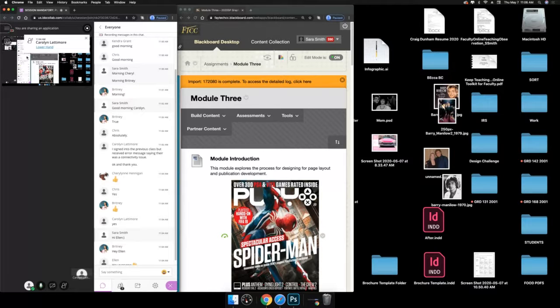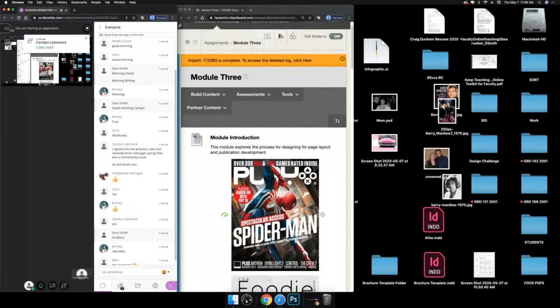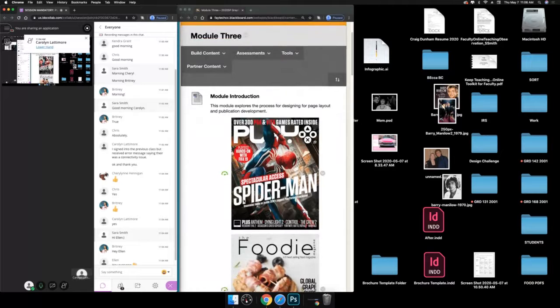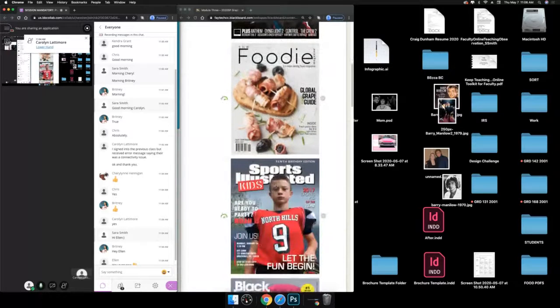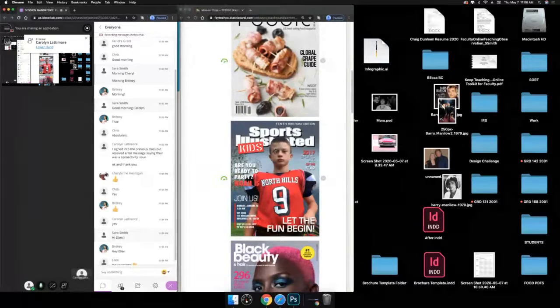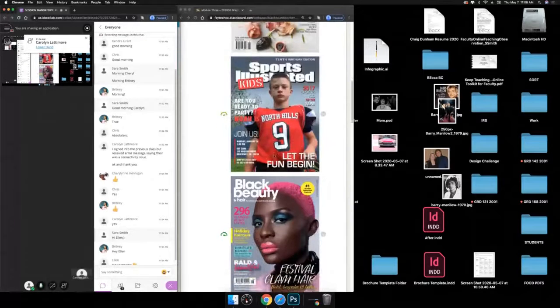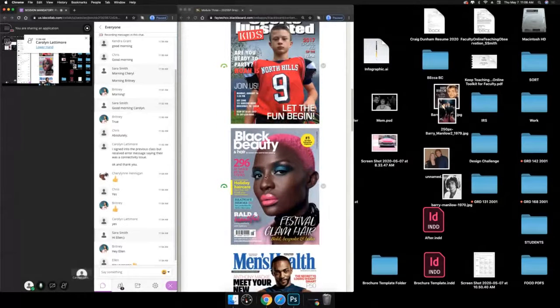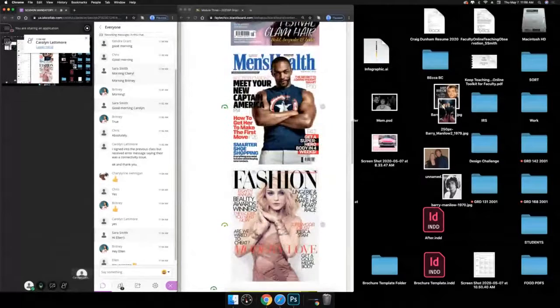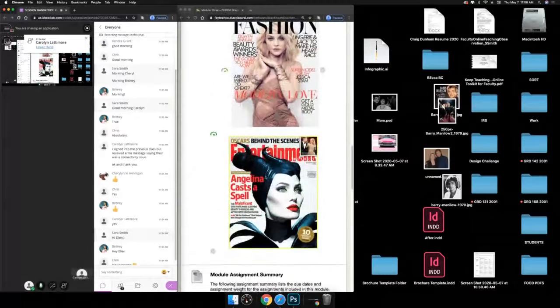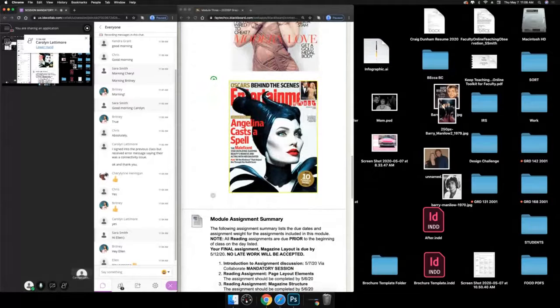It's going to be 8 pages, and I've also got some really great examples of cover pages here, just as a guide. I want you to build your own cover page, though. I don't want you to go find one and pop it in, because this is what it's all about, understanding how to build a cover page. So these are just some examples I put in for different kinds of